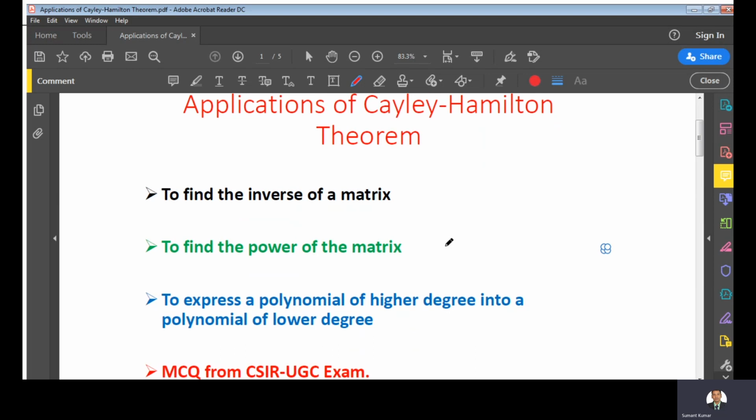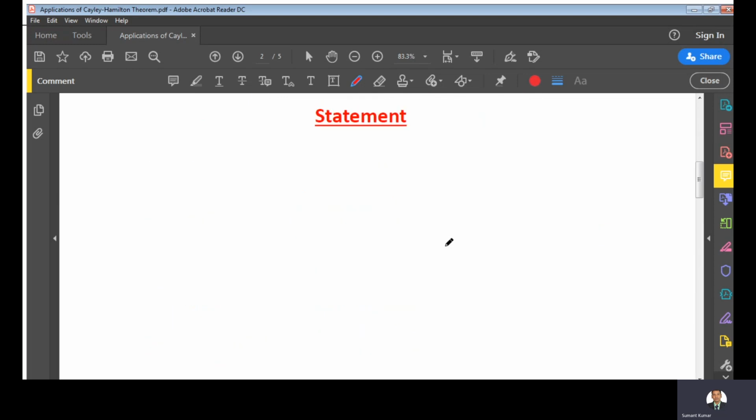What is the Cayley-Hamilton theorem? Basically, it states that every square matrix satisfies its own characteristic equation. This is the statement of the Cayley-Hamilton theorem. So the question is, how will you